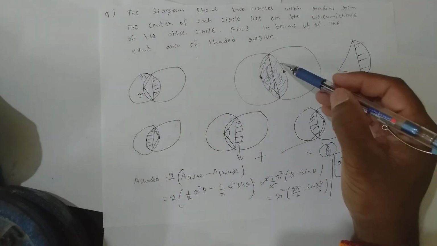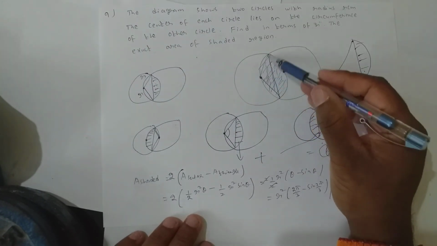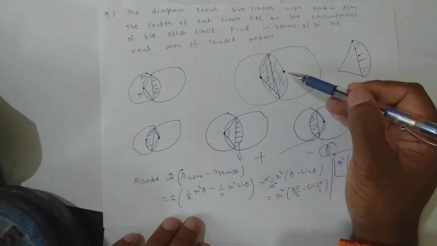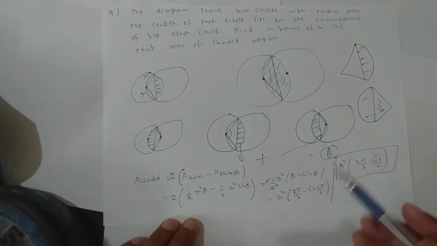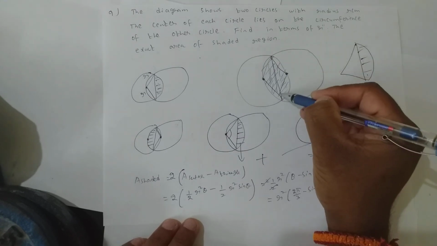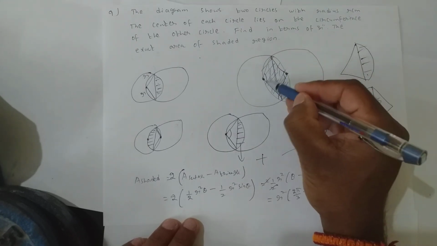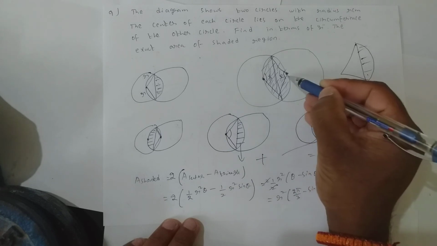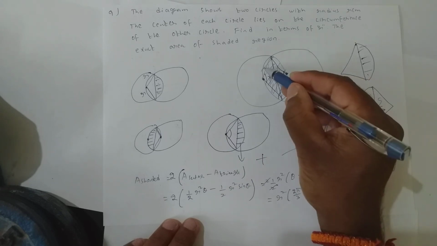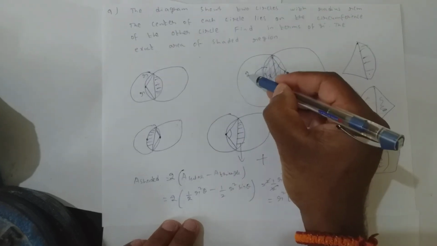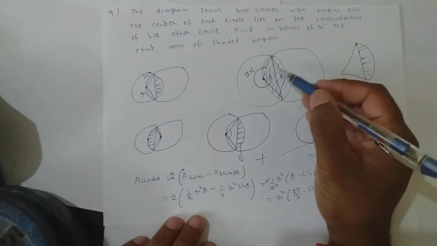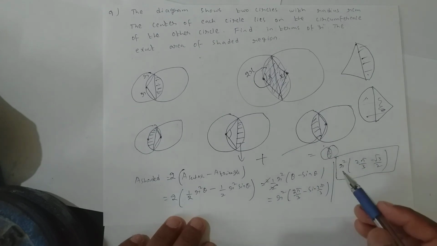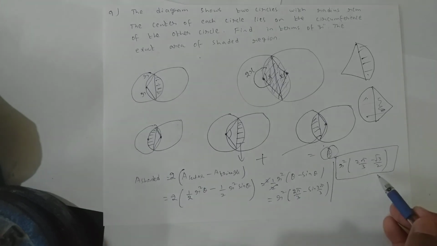If you get this idea, draw a line here, then join it. This area plus this area will be the entire shaded region. So I did twice. And to get the angle, the angle over here and the angle over here are the same. Both are x. If here it is x, double the angle will be over here, 2x. So 2x plus x, 3x equal to 2 pi. From that I got the value of x, which is theta. I replaced it here and got the answer. Is it clear?